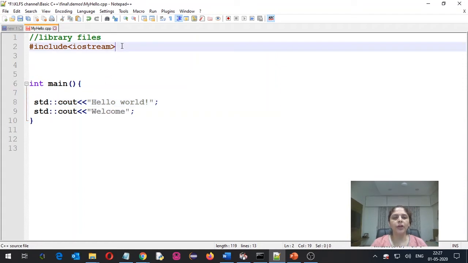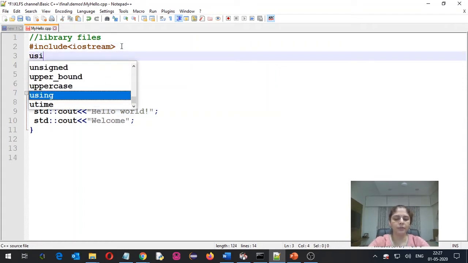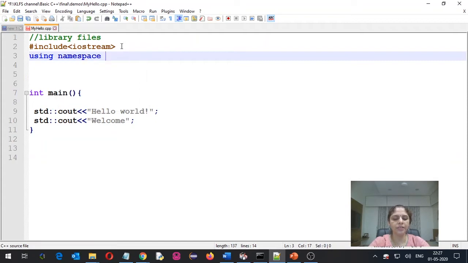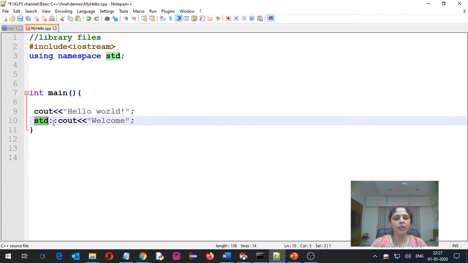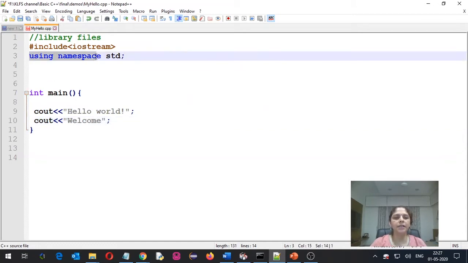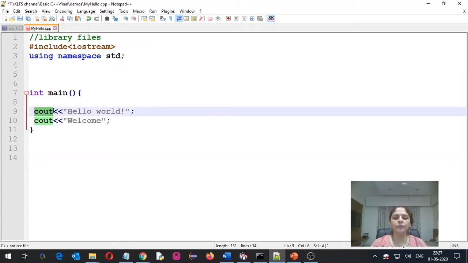So to avoid that, it is a better choice to write using namespace std over here. Once you add this namespace, it is not required to write std::. You can write only cout, because we have already included all the facilities available in the standard namespace, so everywhere you need not specify std::.